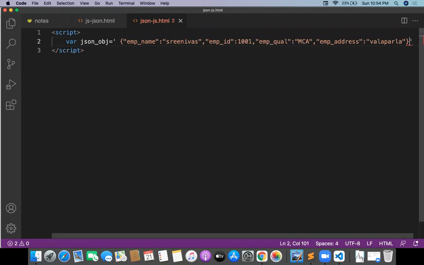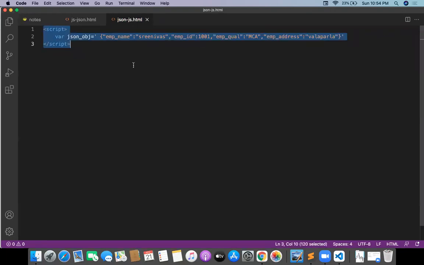Because inside you'll have double quotes anyway. JSON strings have double quotes only. But outside I'm taking it as a string. Remember it: the complete JSON content I am putting in the string. Then only it will be allowed.